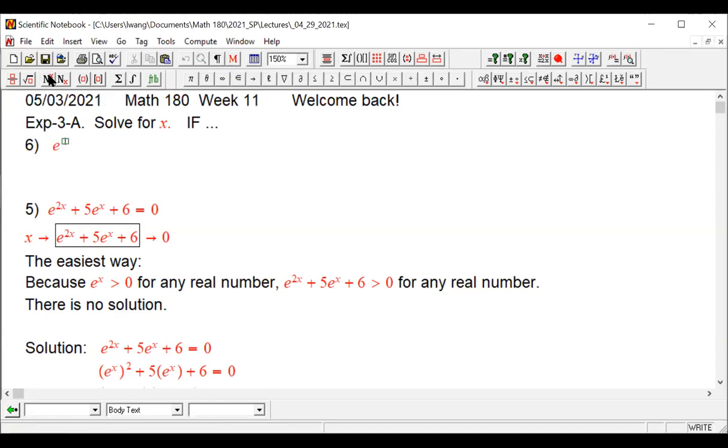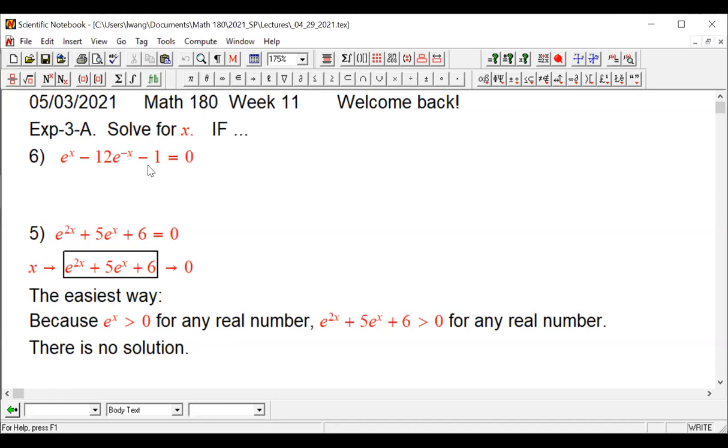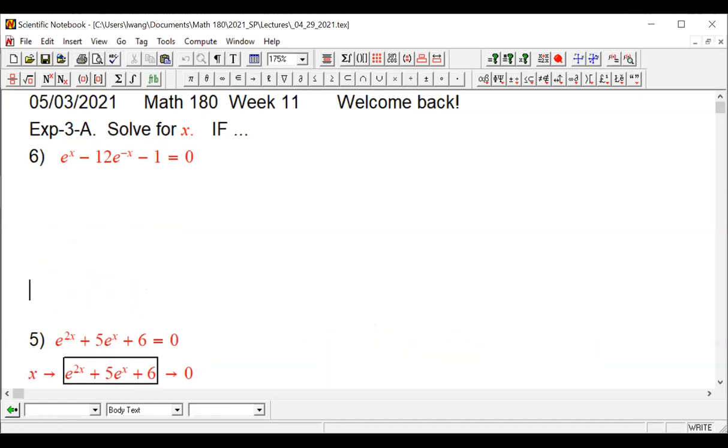e to the power x minus 12 e to the power of negative x minus 1 equals 0. So once again, it's an if statement. Okay, it's an if statement. This time, if you graph it,